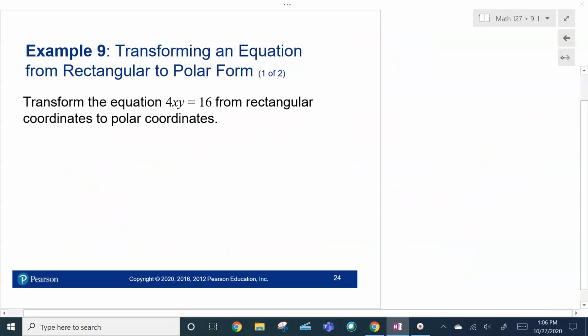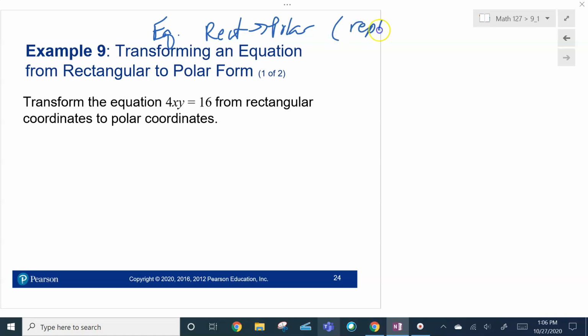All right, now we have an equation. We're going to take this equation and go from rectangular to polar. So we want to replace the x and the y. And remember, x equals r cosine theta, y equals r sine theta. So that at the end, we can be in terms of r's and thetas. Okay, so what we have is